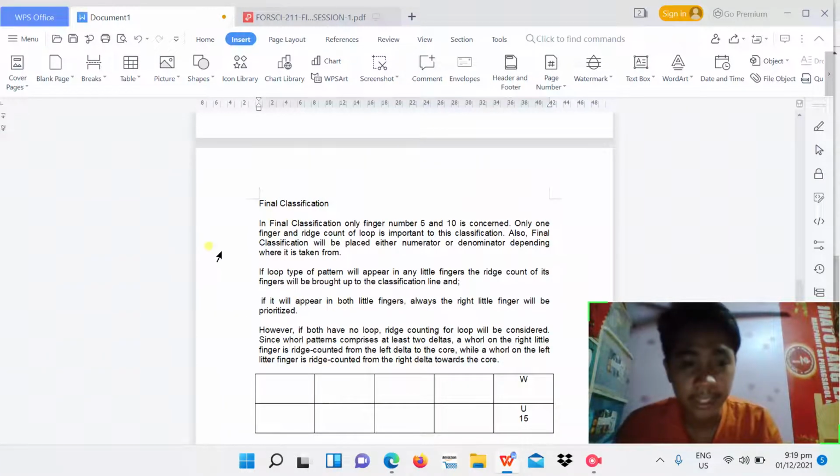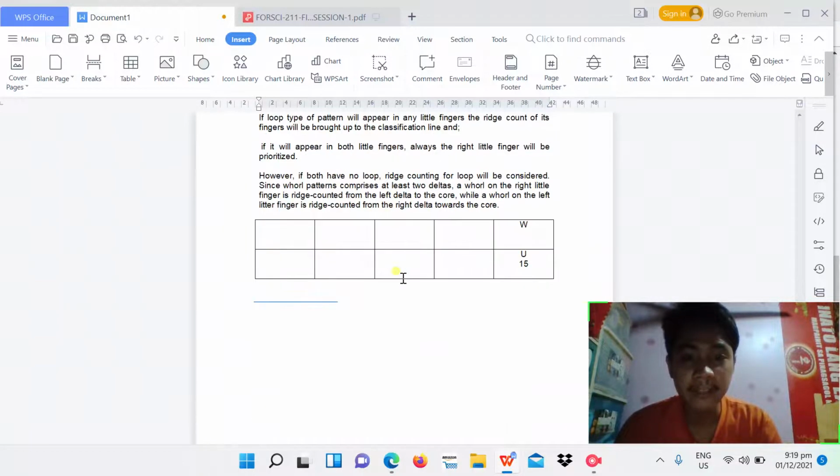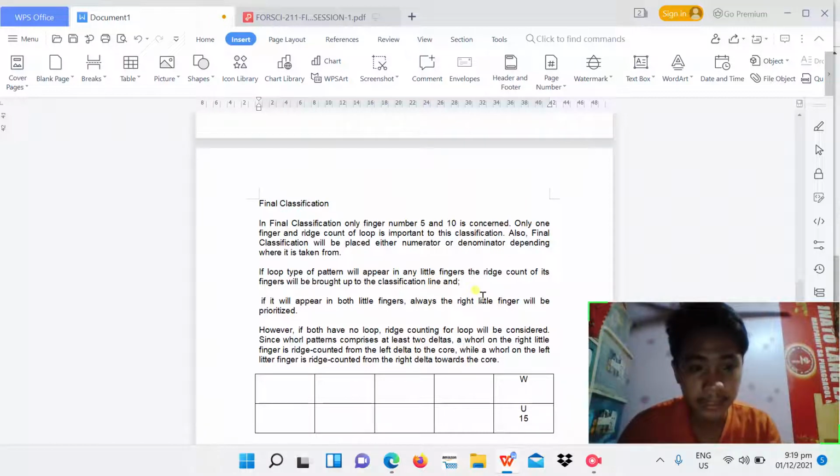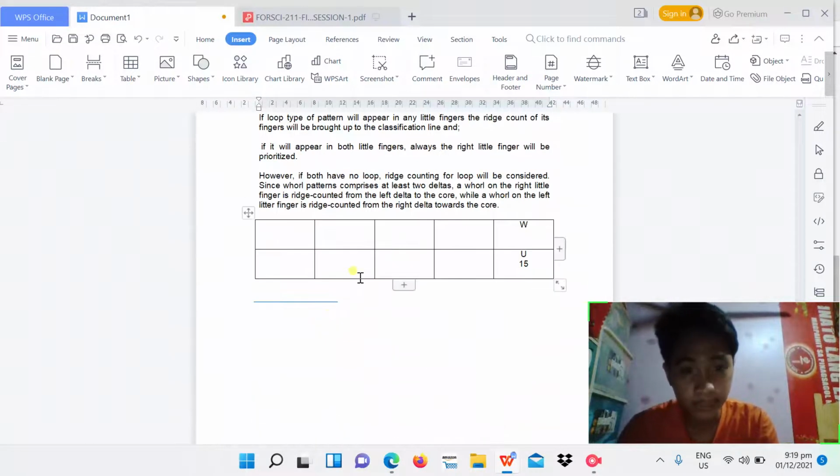So next is final classification. In final classification, only finger number 5 and 10 are concerned. Only one finger and the ridge count of a loop is important to this classification. Also, final classification will replace either the numerator or denominator depending on where it is taken from. So if a loop type of pattern appears in any of these fingers, the ridge count of that finger will be brought up to the classification line, and if it appears in both little fingers, always the right finger will be prioritized. However, if both have no loop, ridge count for